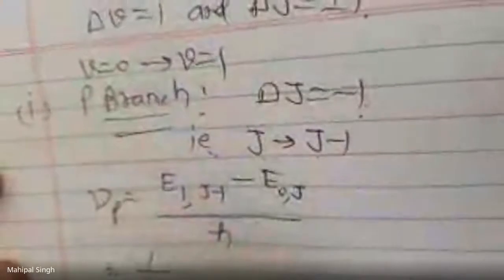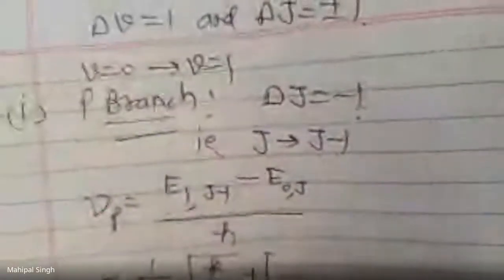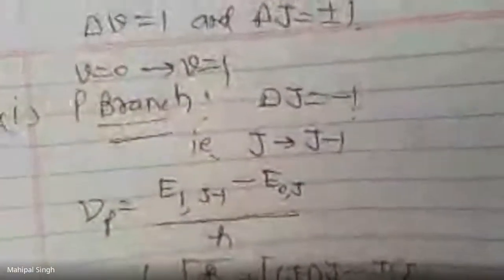We can solve this: 1 upon 2 pi square root of k upon mu plus (J minus 1) J minus J plus 1, h cross upon 4 pi I. Or nu p equal to nu 0 minus